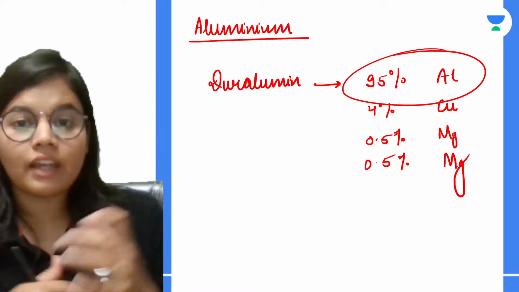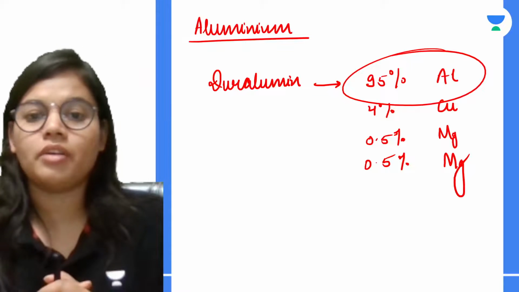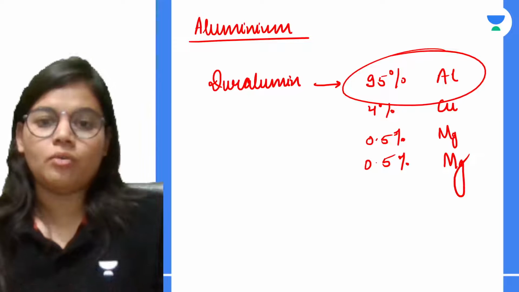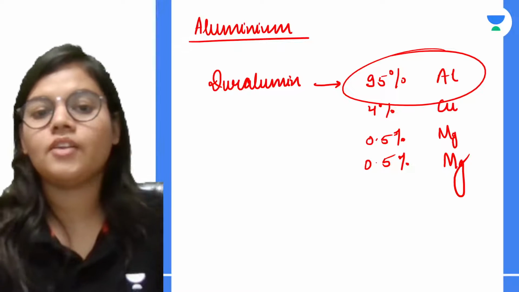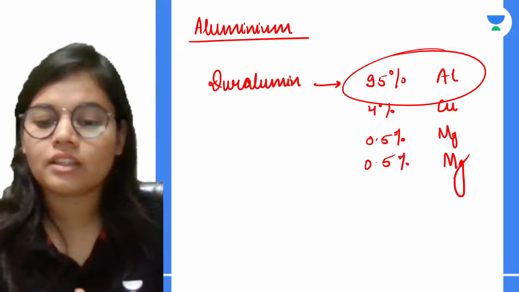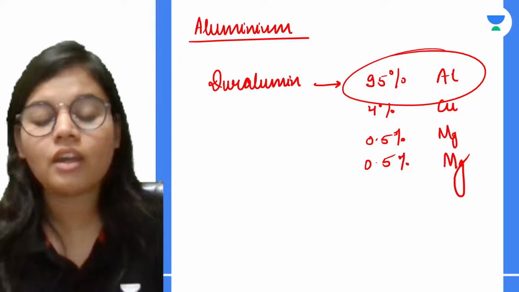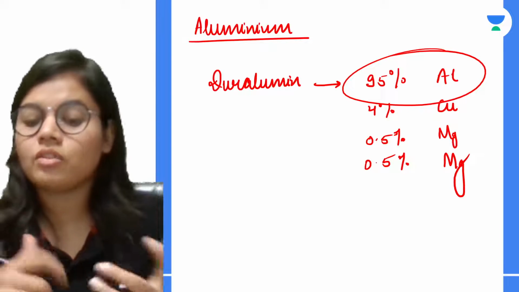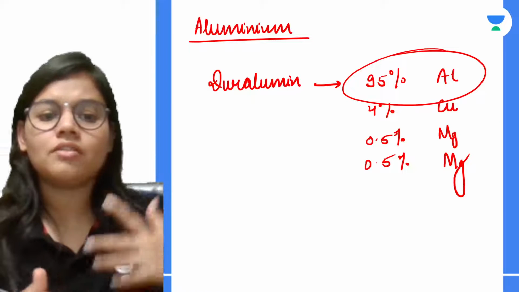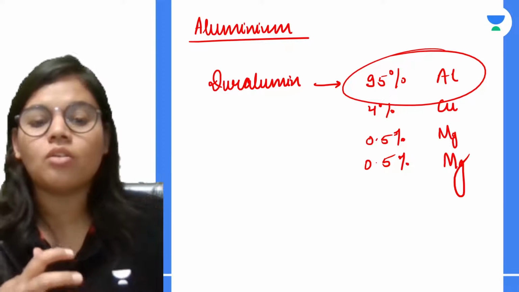It is ductile, that means it could be drawn into wires and beaten into sheets. So now students, if I talk about duralumin, because of aluminium it stays lightweight, and because of magnesium it has gained strength. And it is also lightweight and can resist corrosion. So different elements have given different properties, and that is why it has got various